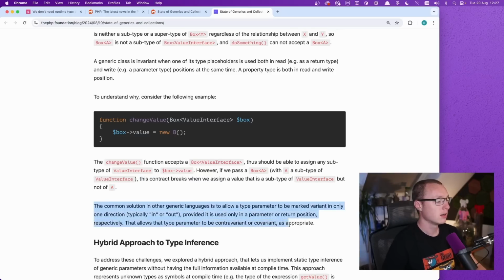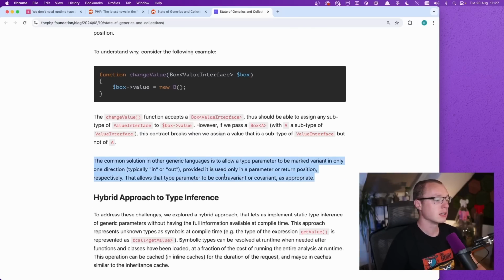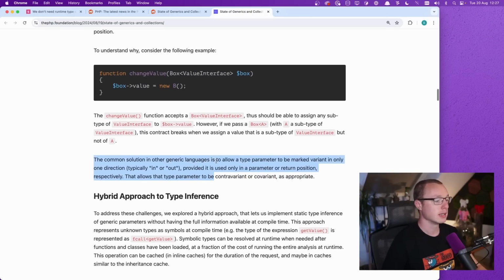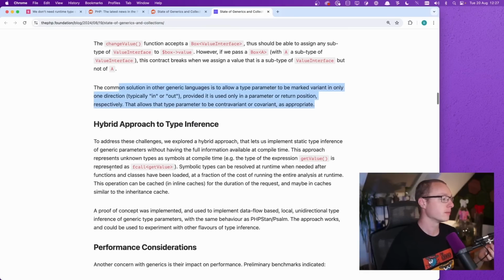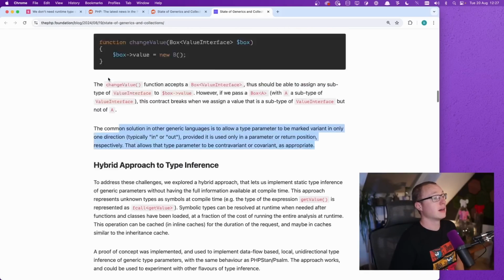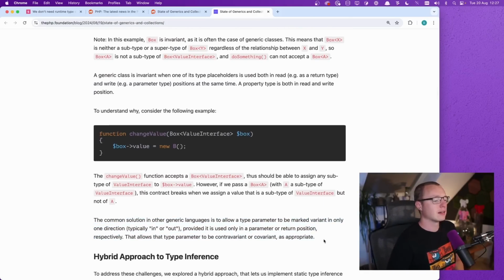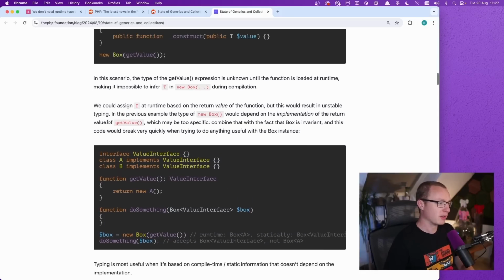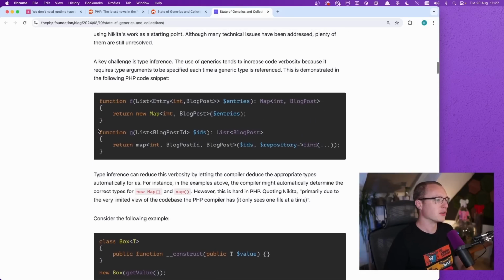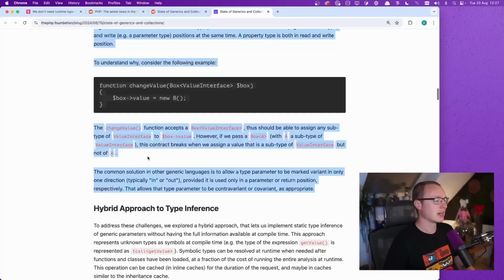Sure, yeah. The common solution in other languages is to allow a type parameter to be marked variant in only one direction, typically in or out, provided it is used only in parameter or return positions, respectively. That allows that type parameter to be contravariant or covariant as appropriate. Sure. So it feels like we've diverged a little bit from the original problem we were talking about here with type inference, but